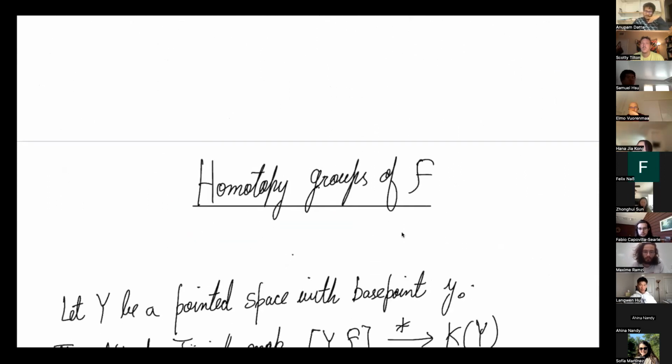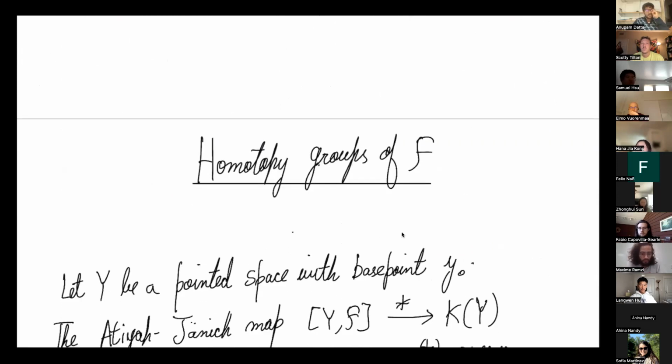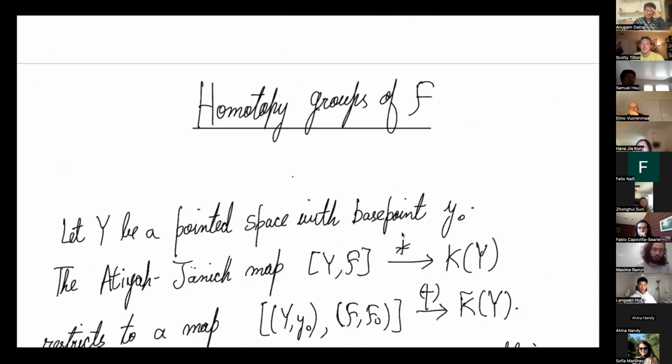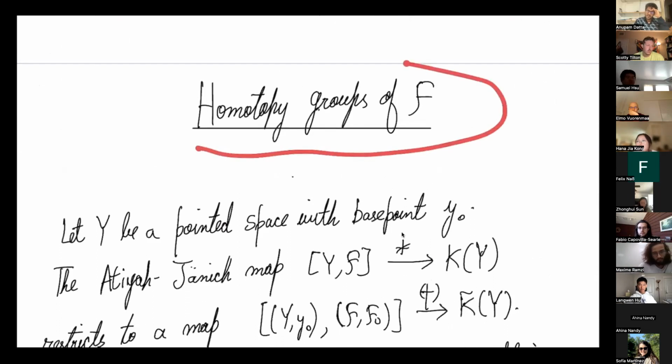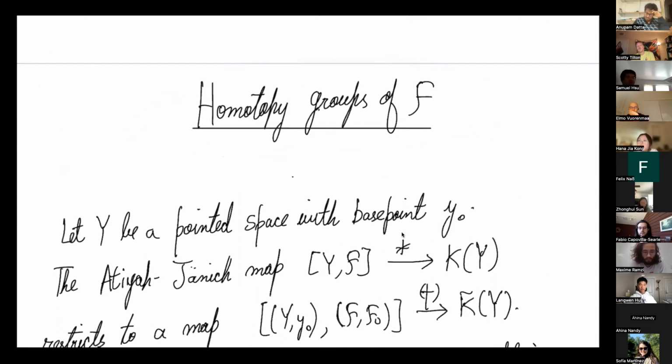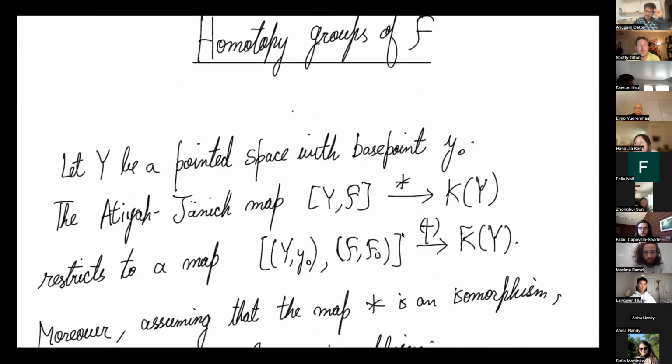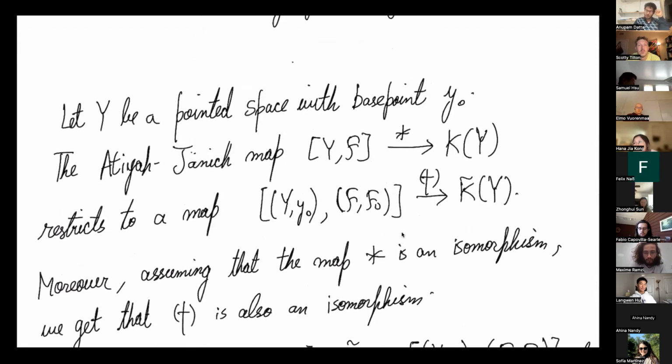After that, in the next couple of minutes, I will briefly say what the homotopy groups of the space of Fredholm operators look like. But for this calculation, you need the full power of the Atiyah-Jänich theorem. Namely, you need to know that not only do you have a natural map, you also have an isomorphism. And why do you need this? Well, the point is, if you investigate the map that I had discussed before, then you can check that